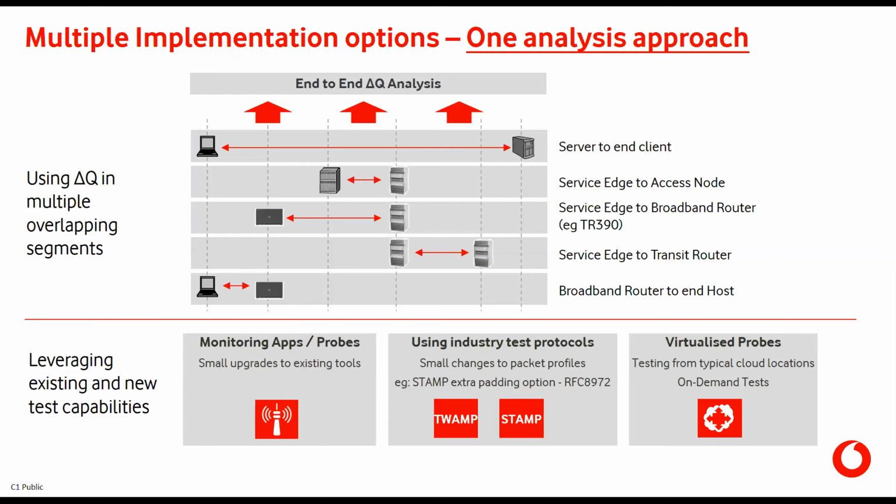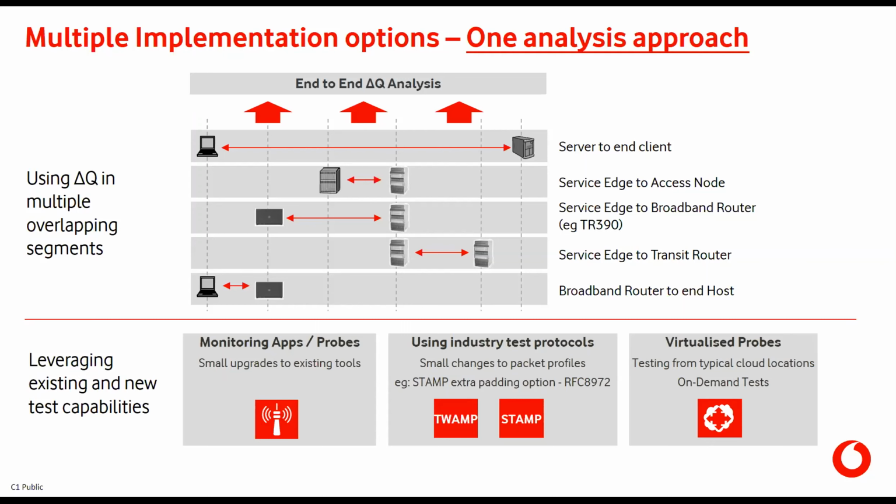And the last way of getting this data from our network is in the world of virtualization, where we can start to deploy things on demand where we need to, at network cloud locations or edge cloud locations. So if you're seeing particular problems, it allows you to introduce additional testing capabilities and hone down on those issues. So those are the three key test capabilities and ways to actually measure.